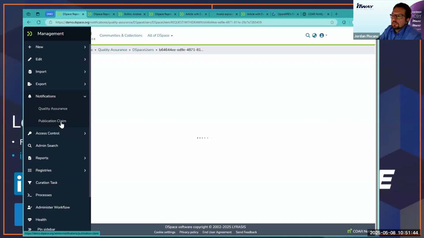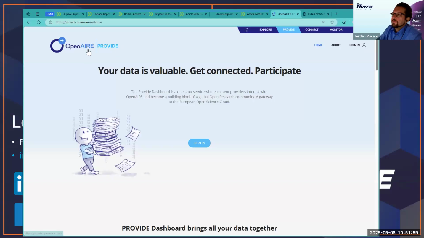Quality assurance, the publication claim. The importance is, as I said, the ecosystem, and especially repository managers that could, for example, go to OpenAIRE provider, or for example, with ORCID interactions,